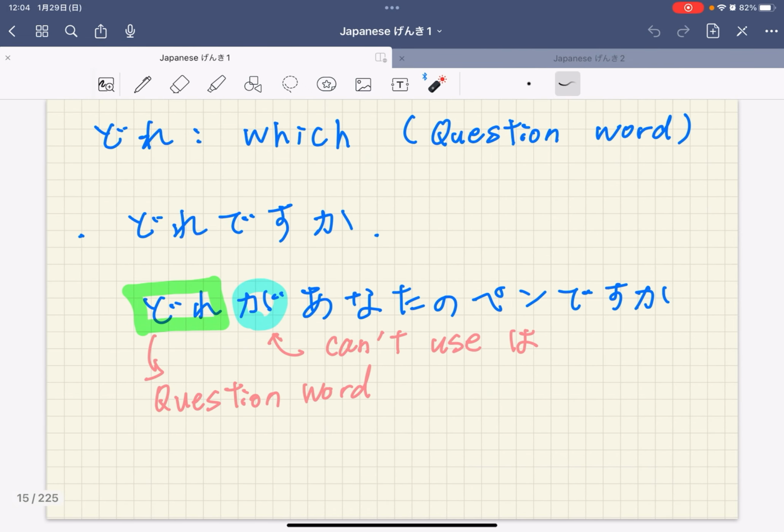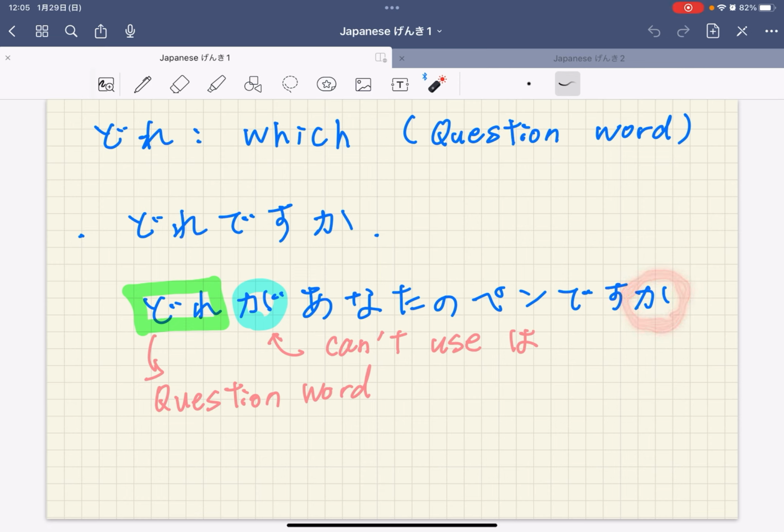Okay, the last pronoun is どれ. どれ is actually a question word, means which. So どれですか? So which one? So here's an example sentence. どれがあなたのペンですか? So どれ is a question word which, and because this is a question sentence, it has question particle